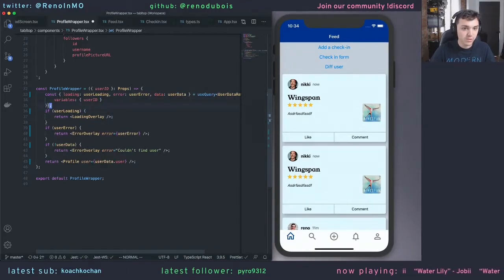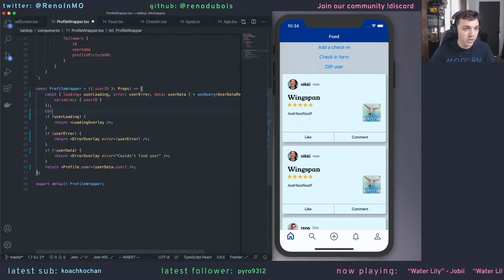Show it to VS Code's refactor thing, because I think that's really easy. So now the other thing we need to do is loading as feed loading, error as feed error, data as feed data